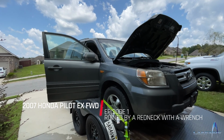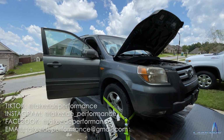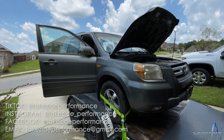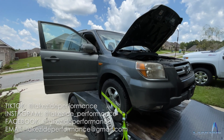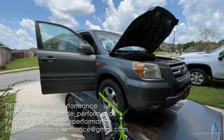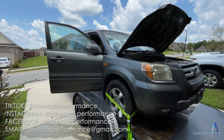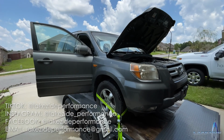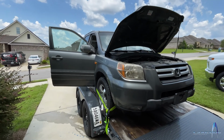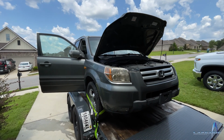Welcome to the latest rebuild process here at LakeZide Performance. So what we have here is a 2007 Honda Pilot front wheel drive. This is not the all-wheel drive model. And this one's a little special. The reason why this machine right here is extra special is because this one, my friends, is my mother's 2007